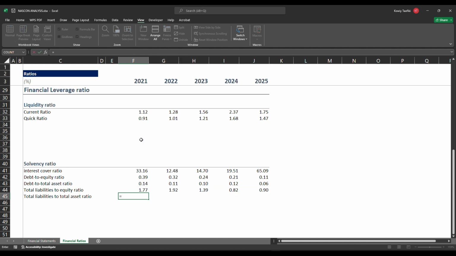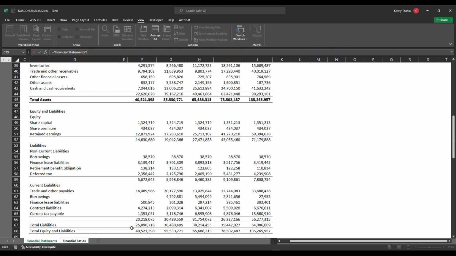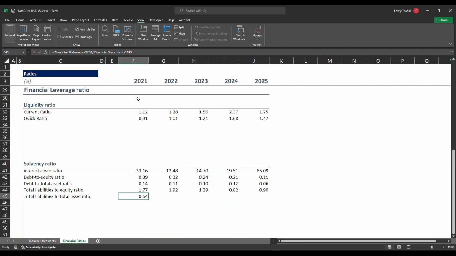Then I have the last one: your total liabilities in relation to your total assets. Go back to your financials, your total liabilities divided by your total assets. We're going to have this divided by our total assets, and we are good to go. So I'm just going to copy this down to the right. And we have our solvency ratio calculated, from your interest coverage ratio down to your total liabilities in relation